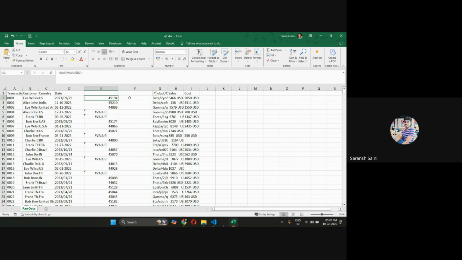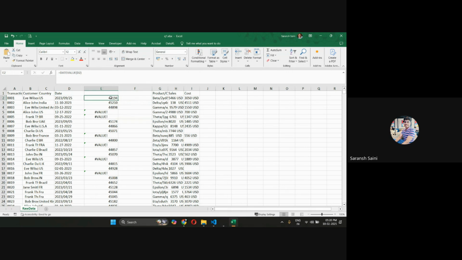Because this is actually the number of days that have passed from a specific date. I am not able to remember that. I guess it was 1st of Jan 1900. And this was the exact date from which it is referencing, and it's able to calculate the number of days which have passed. So it's a pretty simple process that you have to do now to convert these